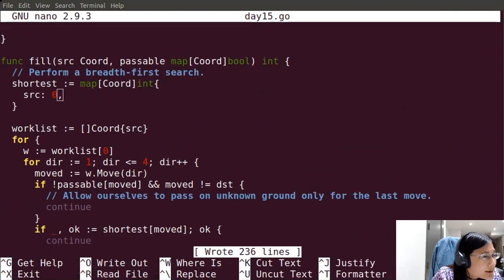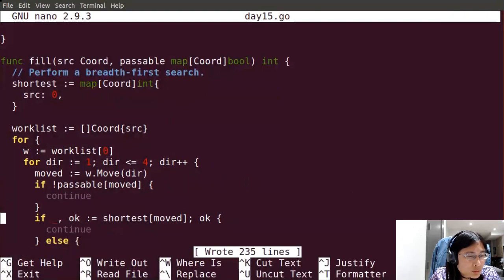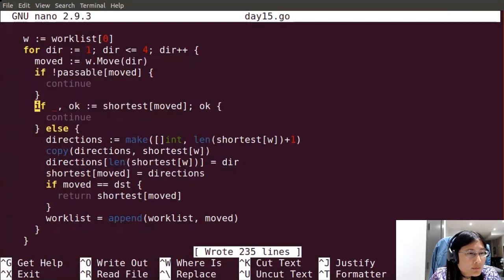The problem description says, initially the only location that contains oxygen is the start, so after 1 minute, it goes to all adjacent locations. Great, okay. All right. Okay, that's all fine.